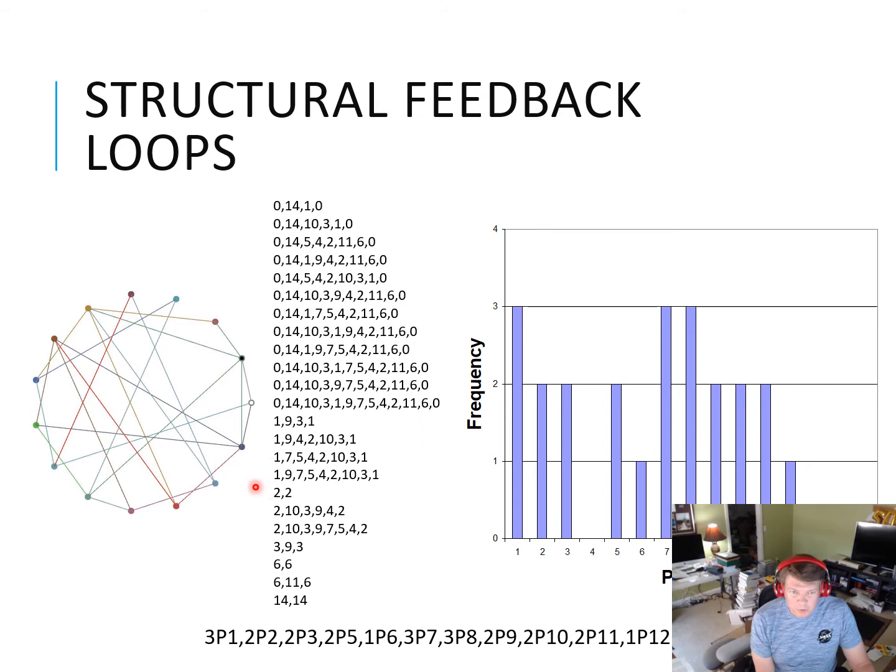Really, all we're talking about here is, we start at a node, look where it's going to next, see where that node's going to, and find all the loops where, by following this path, we end back where we began. And here we have the list of those structural feedback loops, as I'm going to call them, for this particular network. On the right-hand side, this is the dynamic structure. So there are two things going on here. First, we have the structural feedback loops that are hard-coded into this network.